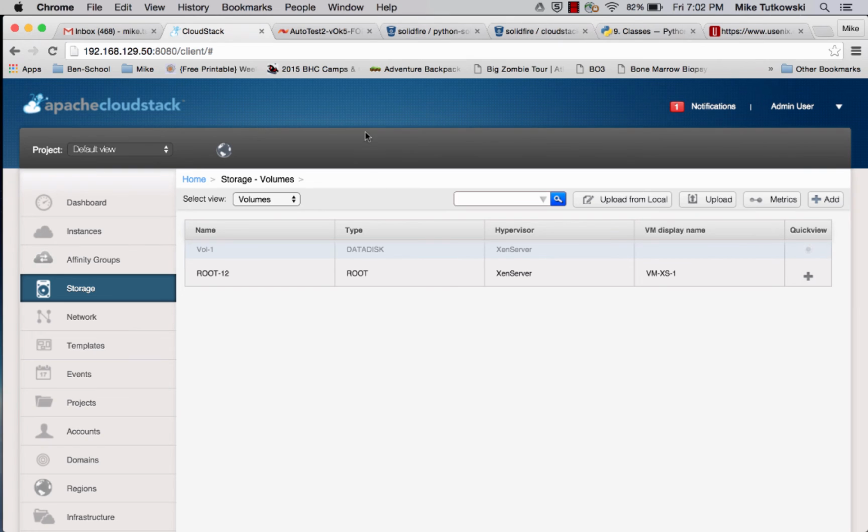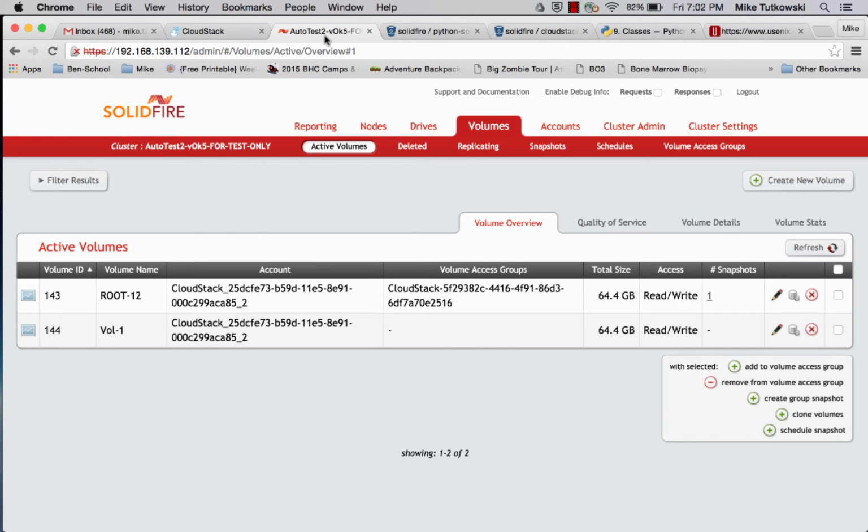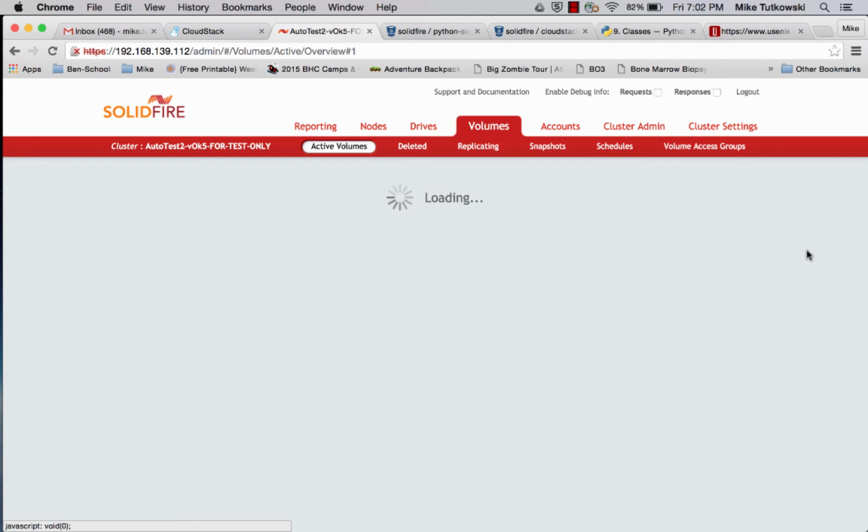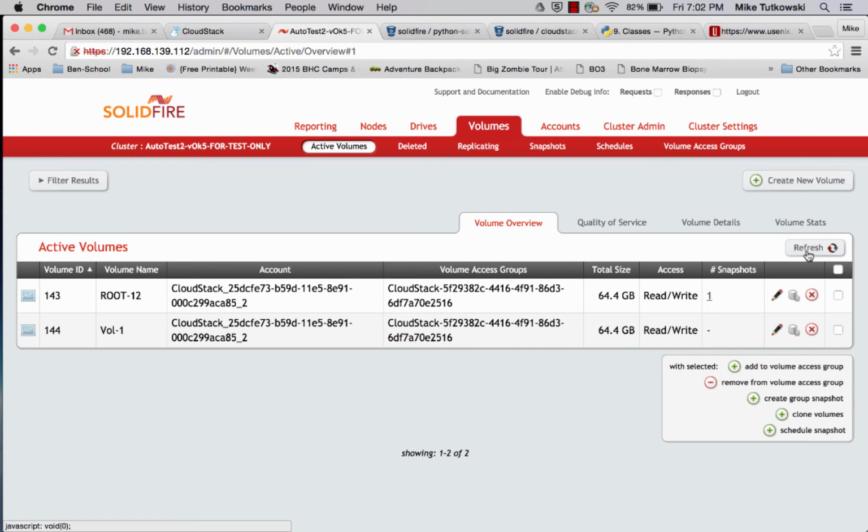And then we can switch over to the SolidFire GUI, and I can hit the refresh button. Now, this won't necessarily happen the first time, but at some point in the near future, well, actually, it did happen right away. We have our vol-1 SolidFire volume placed in a volume access group. And again, we would expect it to be in the same volume access group as this other SolidFire volume, because this other SolidFire volume is storing the root disk of our virtual machine